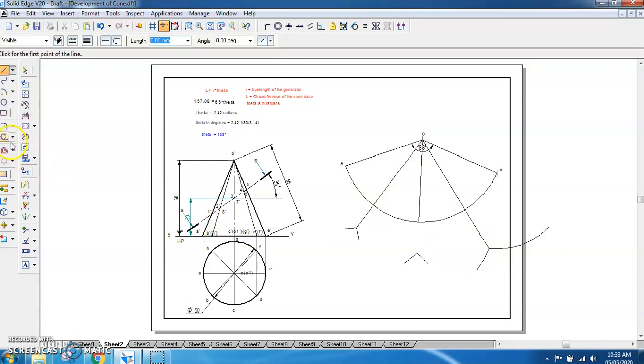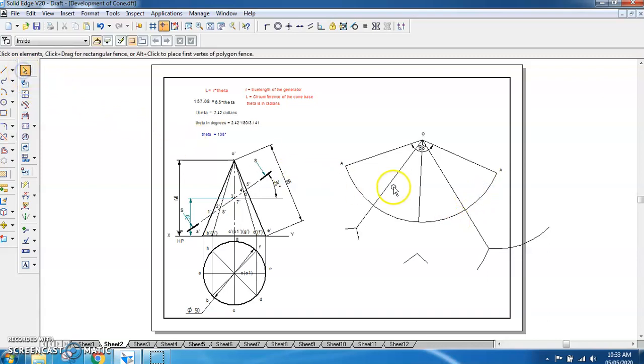So when you are using a computer, you don't have to worry much. You have to go to split, click on this, and click the midpoint of this arc. So somewhere here you are getting it. Click there, then you have got this part and this part. So you click on this, again click on the midpoint, then click on this, click on the midpoint, and repeat for each part.